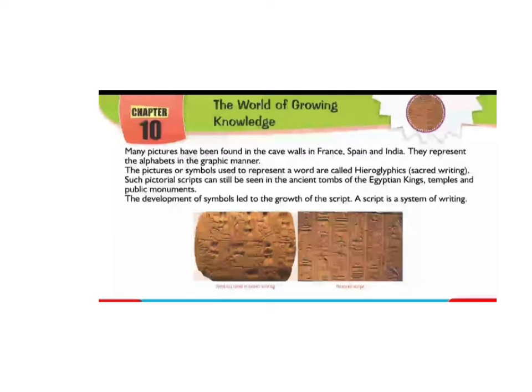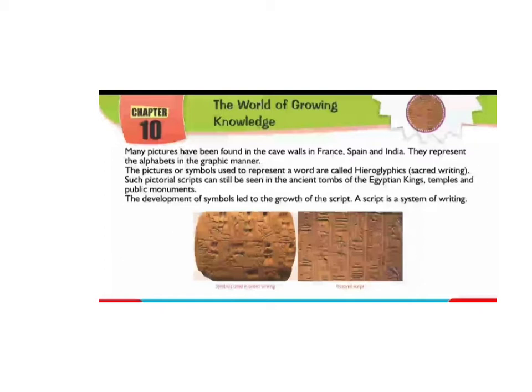The pictures or symbols used to represent a word are called hieroglyphics, or sacred writing. Those symbols or pictures are used to represent the different ideas and opinions of those people. Such pictorial scripts can still be seen in the ancient tombs of the Egyptian kings, temples and public monuments. These are the places where we can see these pictures or symbols they used for picturizing a thing